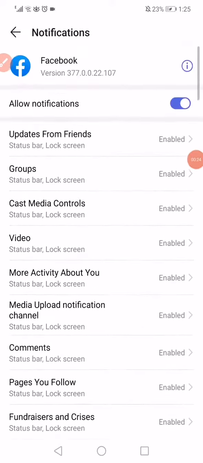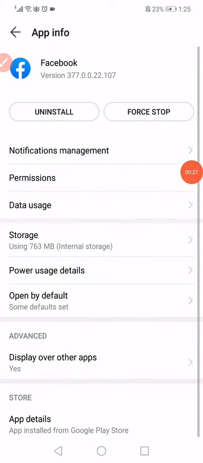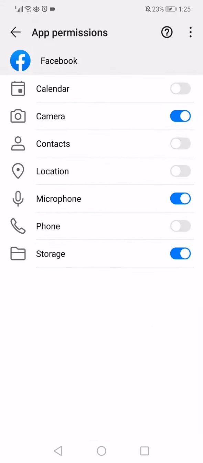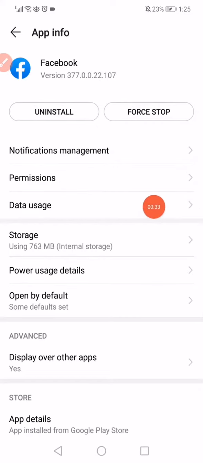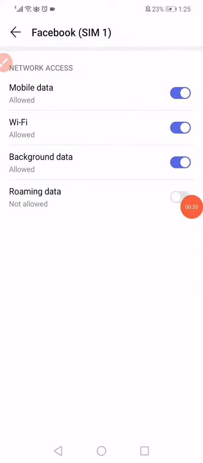Make sure to enable all the notifications. Go to the permissions, enable all the permissions, especially the storage permission, and then go to the data usage. Make sure to disable the background data and the roaming data, and enable only the mobile data and the Wi-Fi